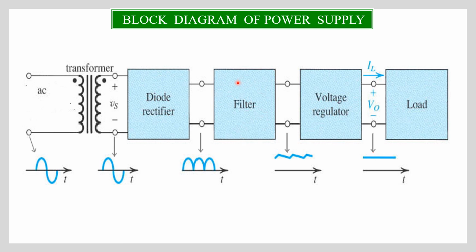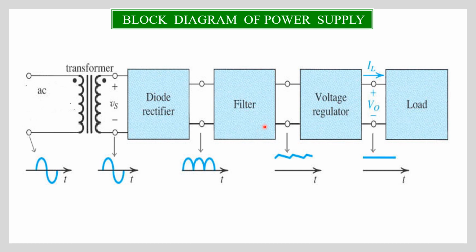Now what is the work of the filter? The name filter, it filters out. What does it filter out? Let us see. This pulsating DC consists of an AC component along with DC. So the function of the filter is to remove this AC content, that is the ripple. Ripple is nothing but the ripple factor, the AC component. We minimize the ripple factor by using a filter and get a pure or steady DC.